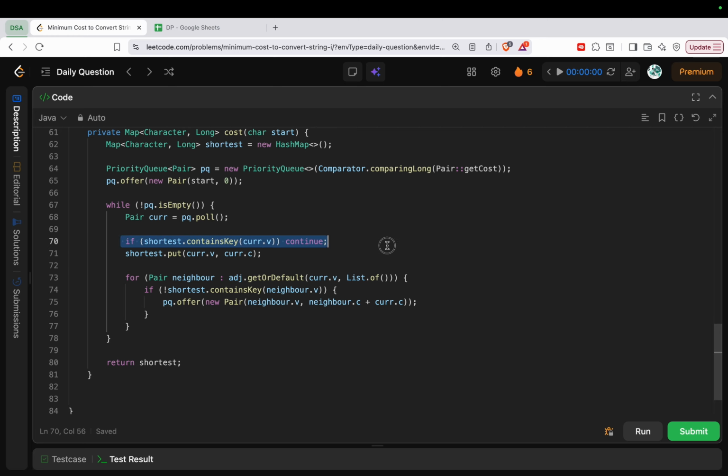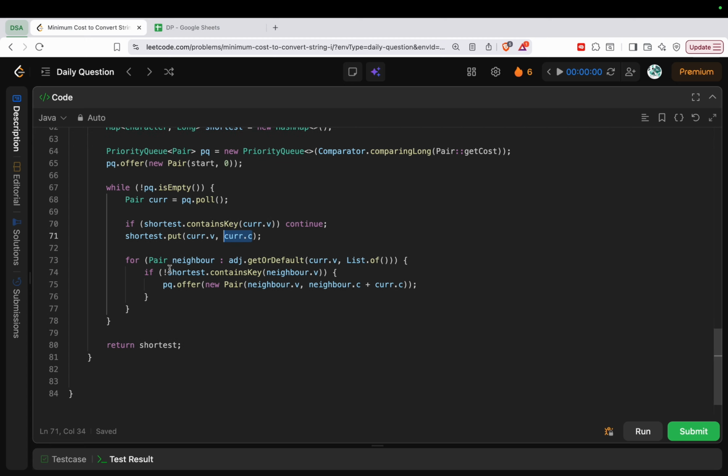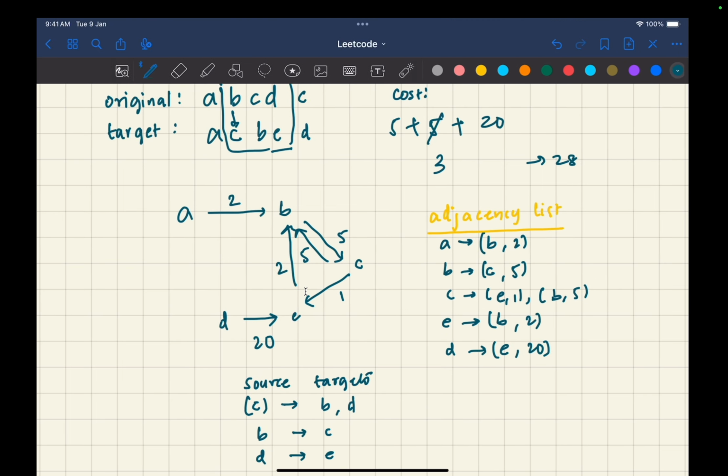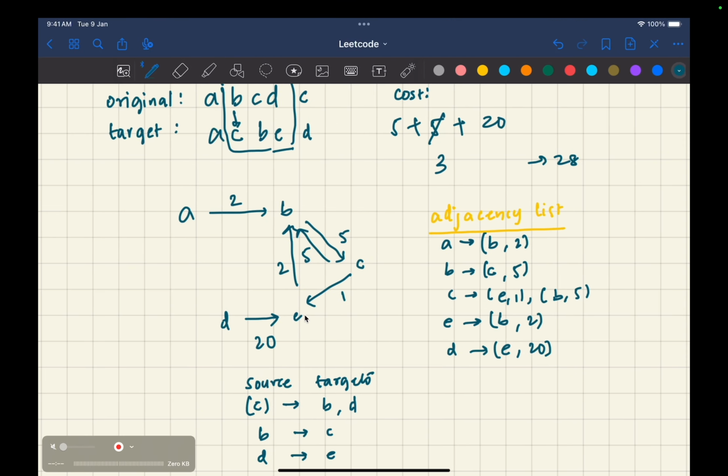So I'll just simply skip it. If not, that means this is the first time I have retrieved a particular pair from the queue. That means I have identified the shortest distance to this particular destination node. So to this particular destination node, the shortest path would have a cost of this particular value. Now that I have identified the cost associated to reach this particular node, the shortest path with